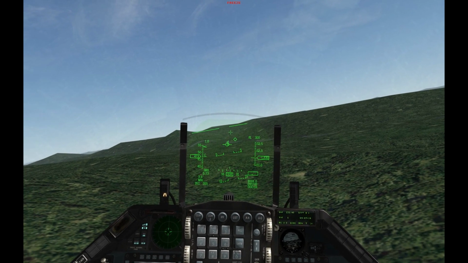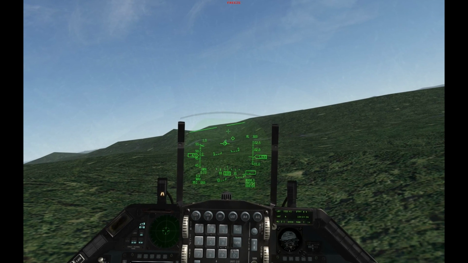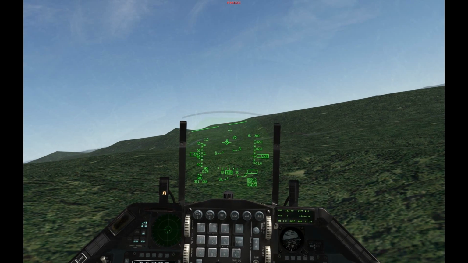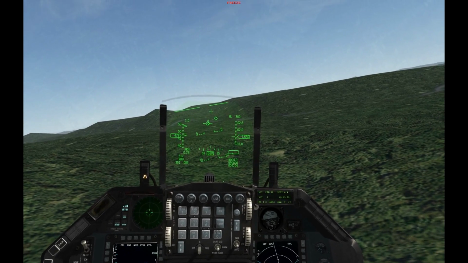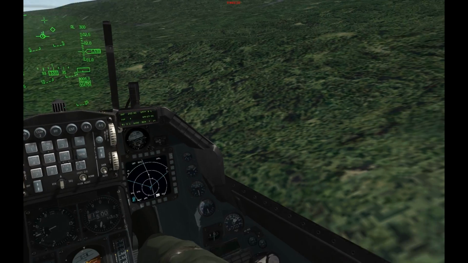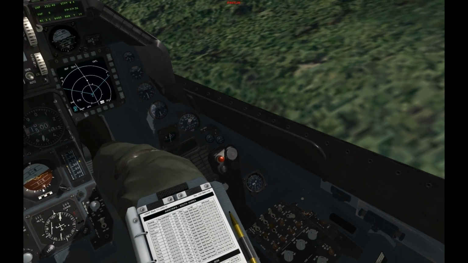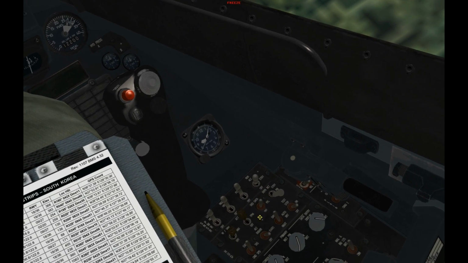So when you're doing a pop-up attack, make sure that your DED data is on the HUD. This way you can very clearly see what steer point you're referencing, okay? The second thing, well, let's show you where that switch is before we go on to the next thing. It's over here, on the right side of your joystick. This switch right here, DED data,